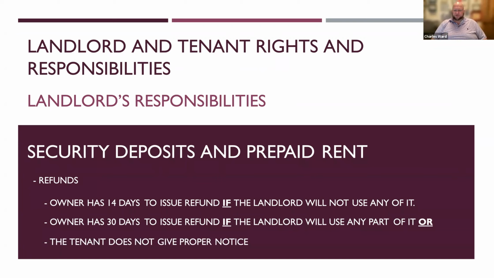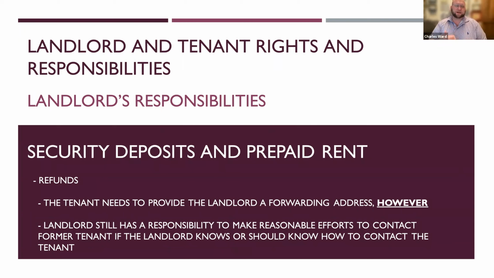The tenant is supposed to provide the landlord a forwarding address for either that refund or a list of damages that the landlord is using to offset that deposit. However, if the landlord doesn't have that forwarding address, he or she still has the responsibility to take reasonable steps to try to track that person down. So if you have your former tenant's phone number, or if you know where your former tenant works, you can make outreach those ways. Ultimately, your old tenant should provide a forwarding address, but if he or she doesn't, and the landlord still has a way of trying to get a hold of that person, the landlord has a responsibility to at least make the effort.